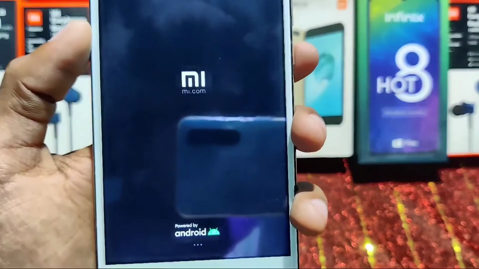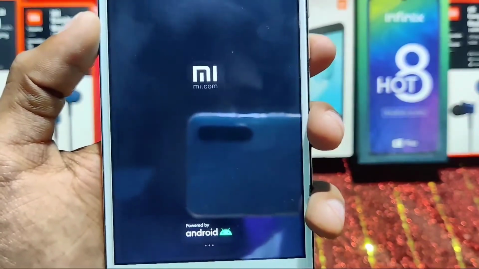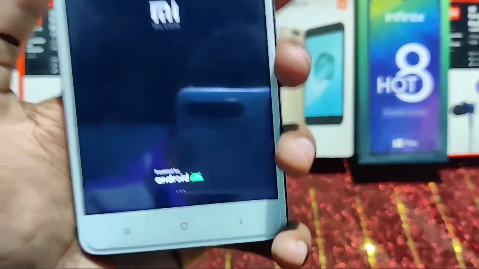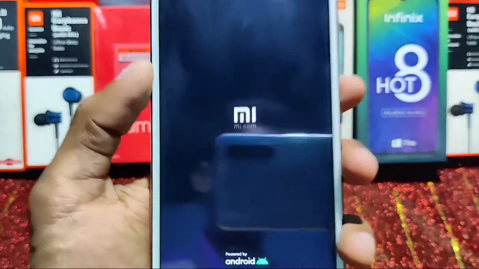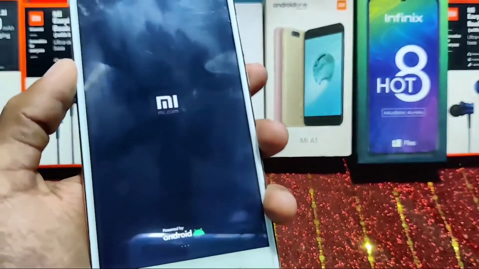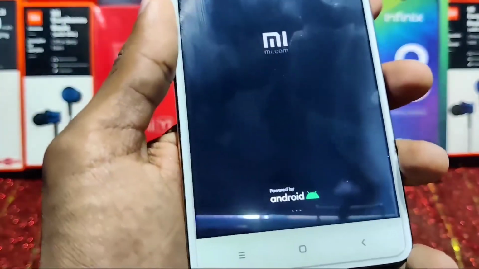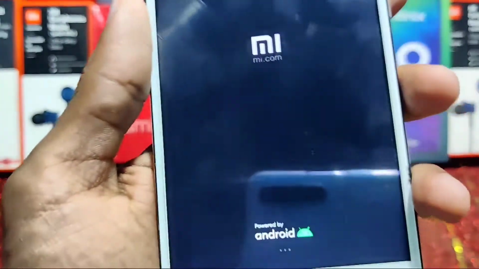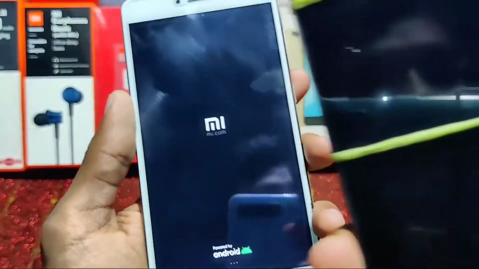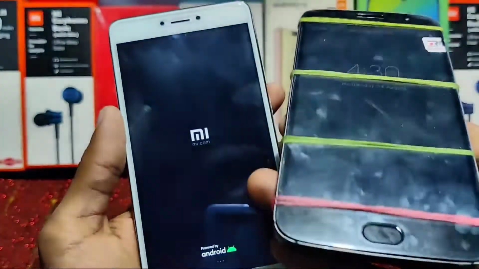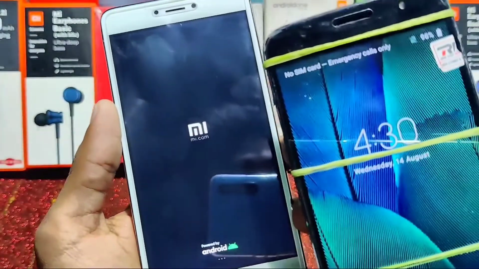Once it boots I will show you the time. Wait a minute, let me take my watch. As you can see, it is still booting, and let me show you the time on my device. This is my Moto G5s, which I recently repaired.